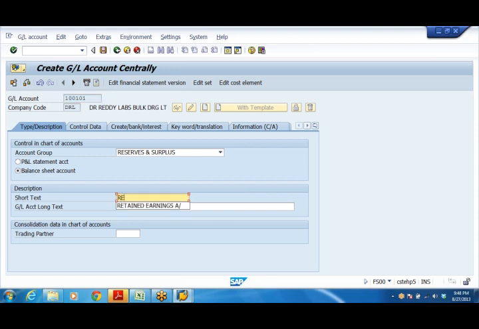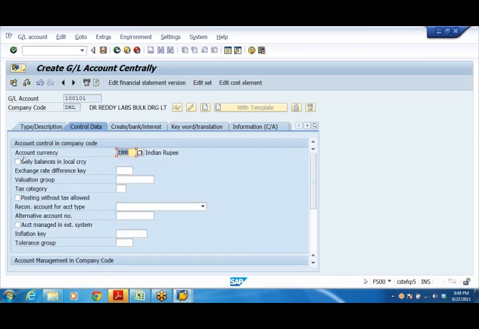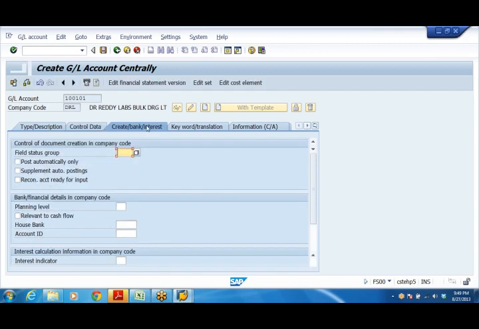So this is retained earnings account. Next tab, same: only balances in local currency, line item display, sort key. Third one, same field status group G001. Save it.